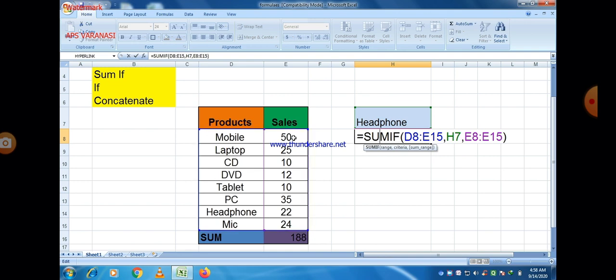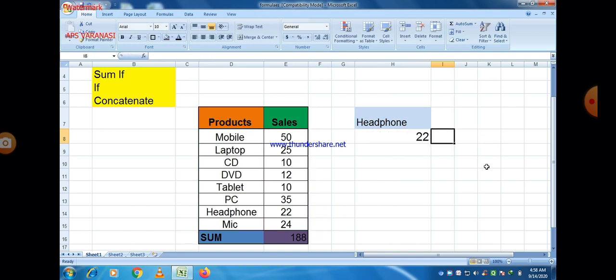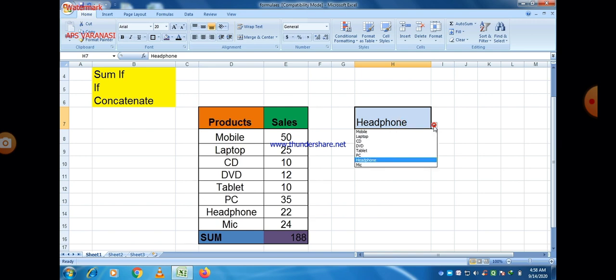So if you change the drop down list item, which is basically the criteria of the SUMIF, then the result will also change in that case. You can easily see here, I just change the headphone, just write tablet in place of headphone, then 10 is there.